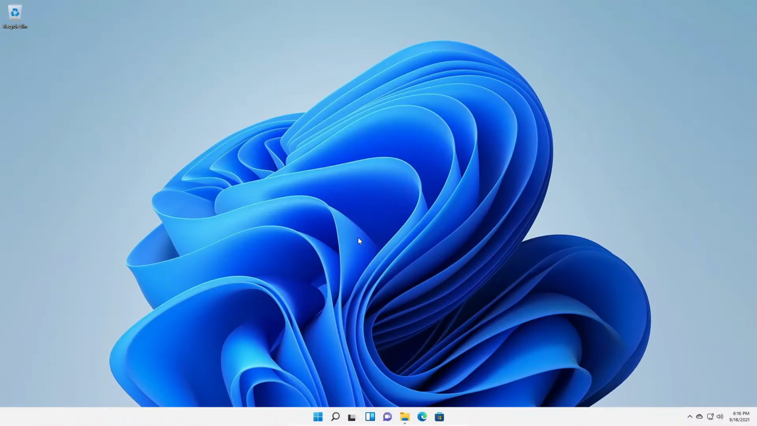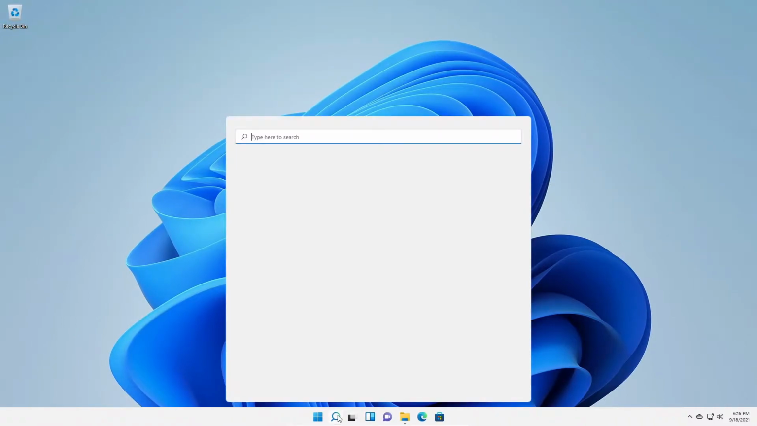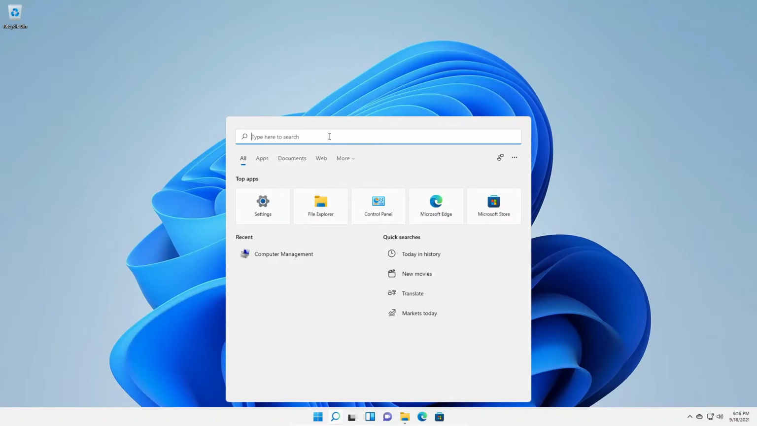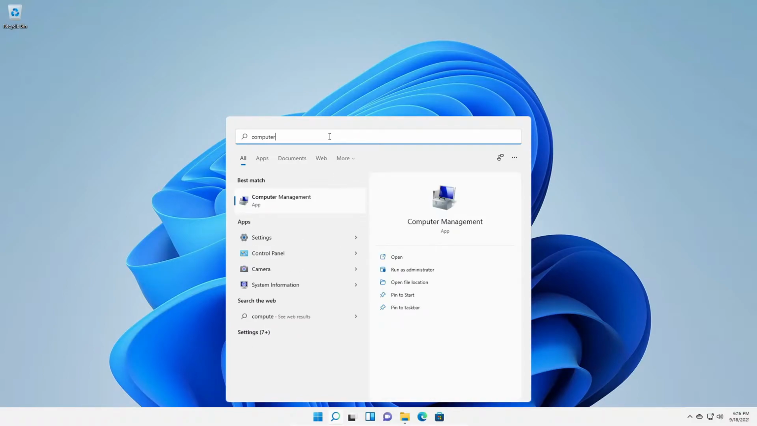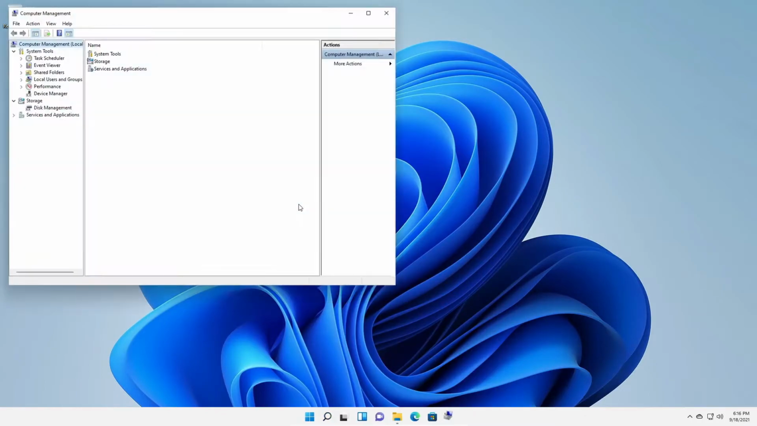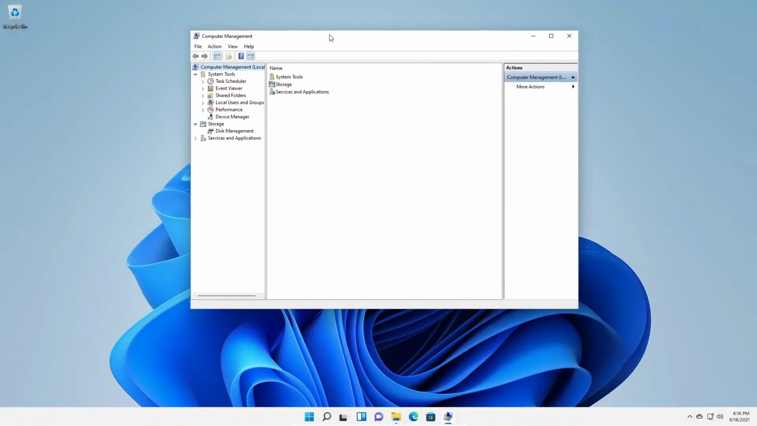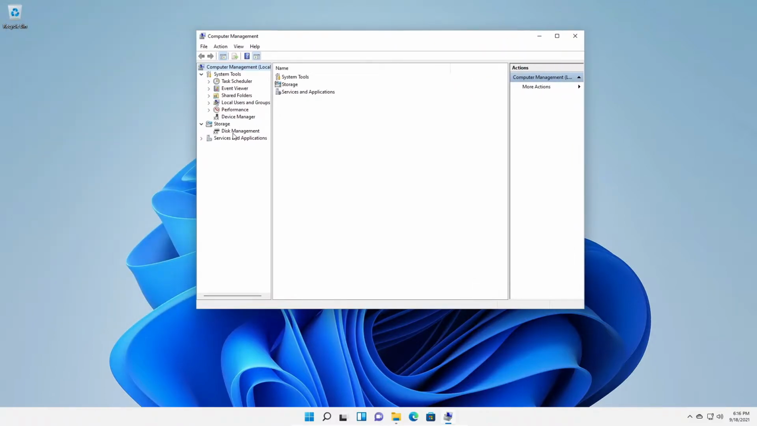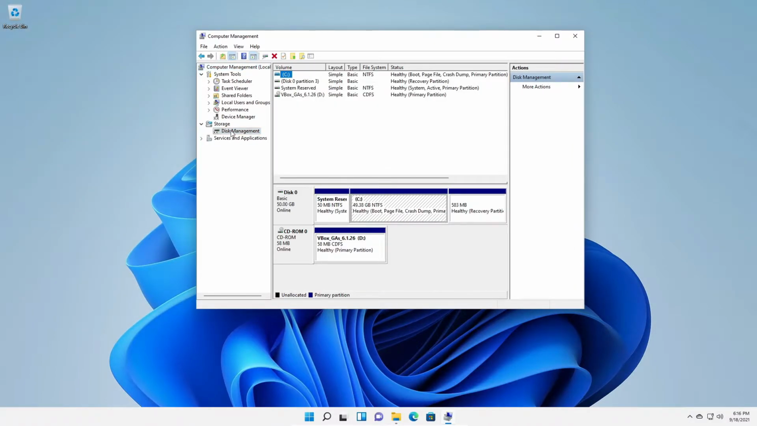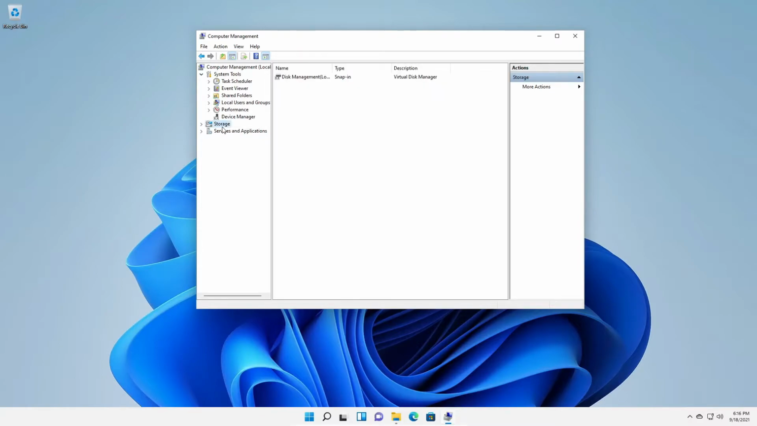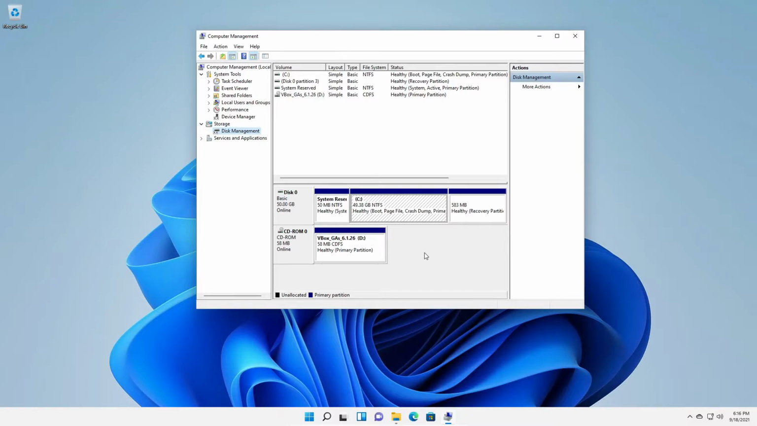In order to create driver partition or disk partition, simply click on the search option and search for computer management. Here we have computer management. Simply open this. It will open the computer management window. Here simply click on disk management. If you don't get this disk management option, simply extend this storage option. Here you will find disk management, and here you will find all the disks which are available on your Windows